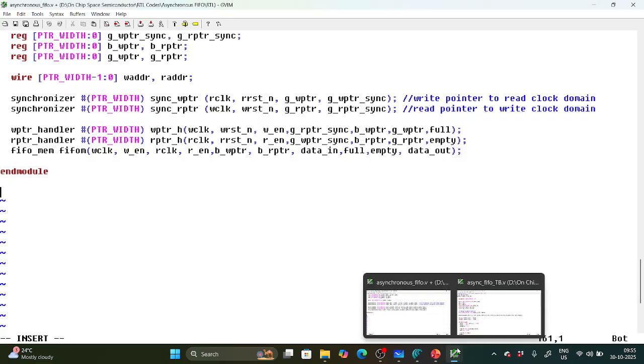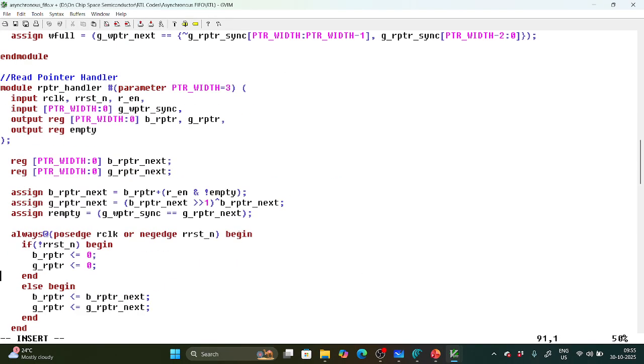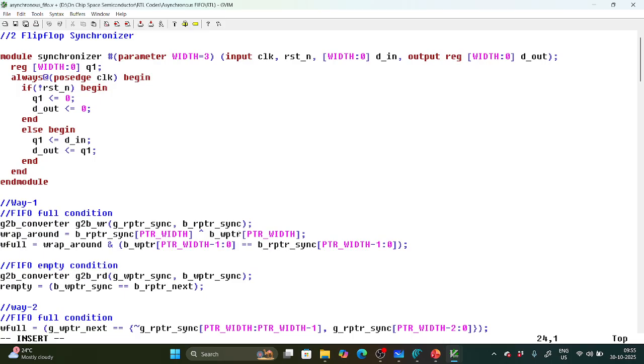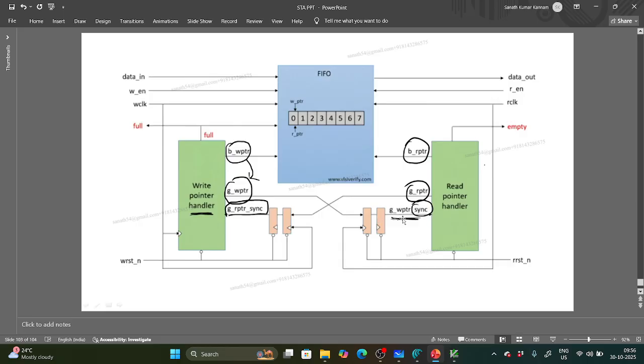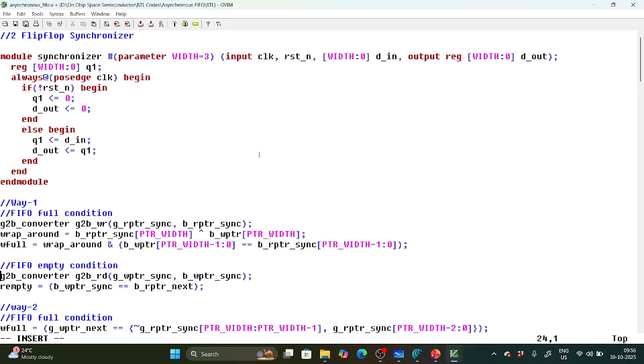I have done the programming separately. So this is GVim. Okay, first what I need to do: you have two flip-flop synchronizers, no? So you need to write the program for these two flip-flop synchronizers. Okay, how are we writing it? One second, if you see this one,